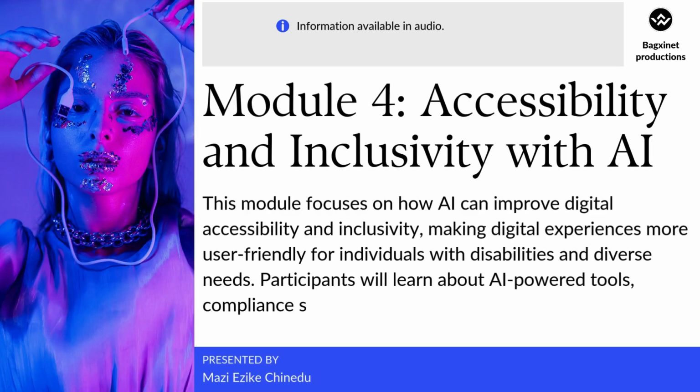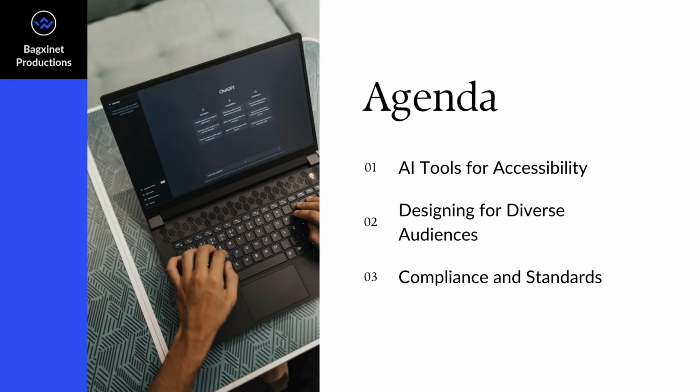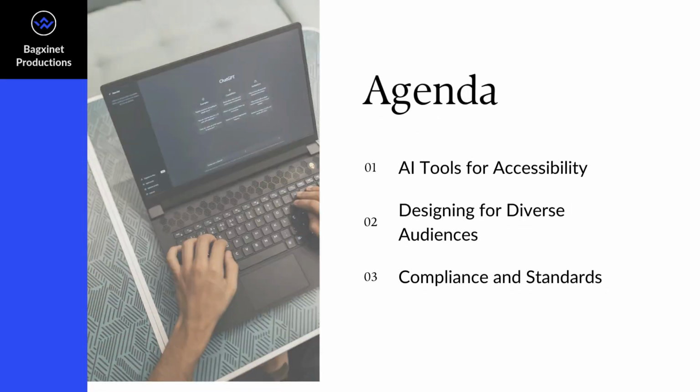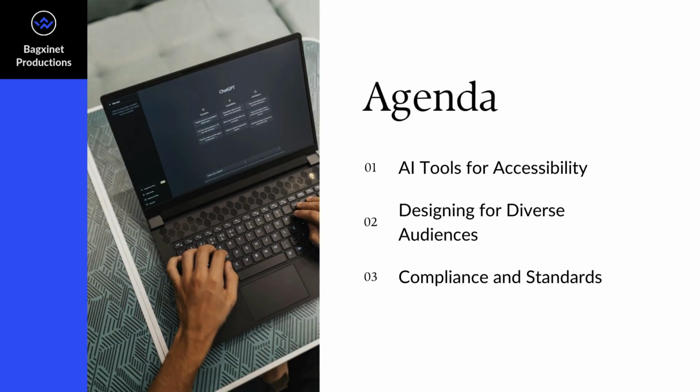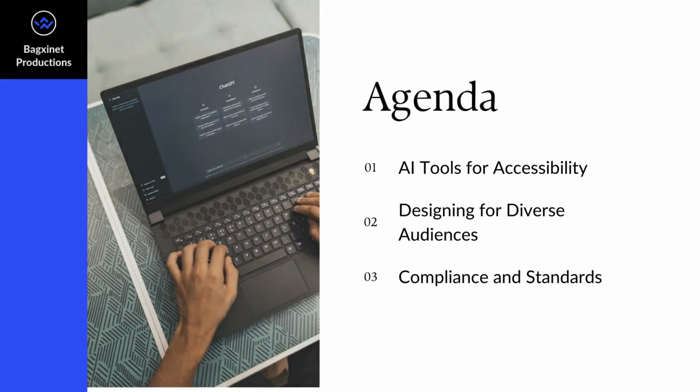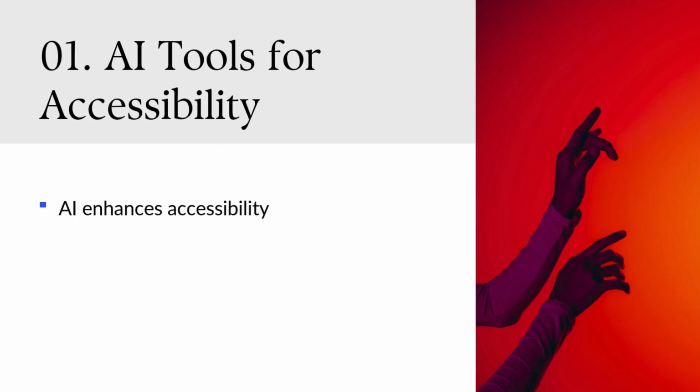So guys, what do we have on our agenda? First things first, we are going to start by talking about AI tools for accessibility. And then we are going to move ahead to talk about designing for diverse audiences. And then finally, we are going to talk about compliance and standards. So let's begin with the first item on our agenda, which is AI tools for